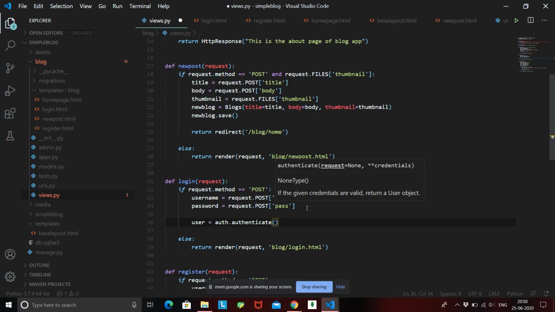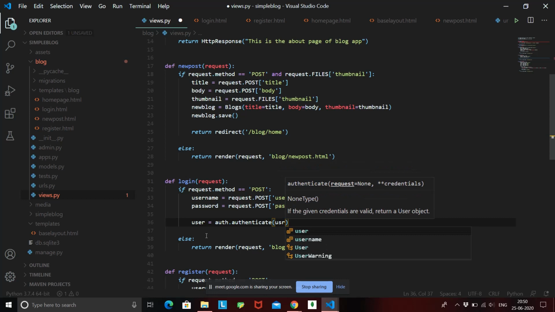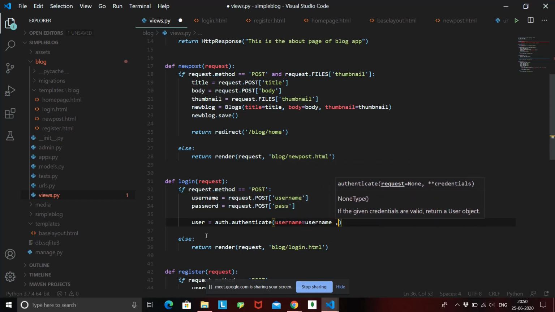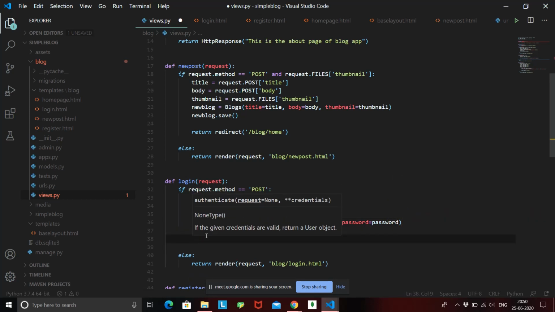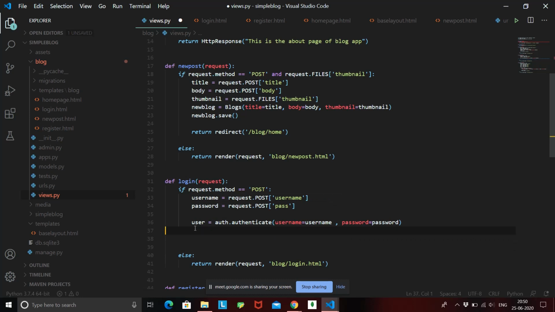If it is present, it is going to return that user inside this variable called user. Okay, so we need to pass in the username and we need to pass in the password. Check for this user if it is present or not, and if the username and password are correct or not, and this function is going to return us the user himself.